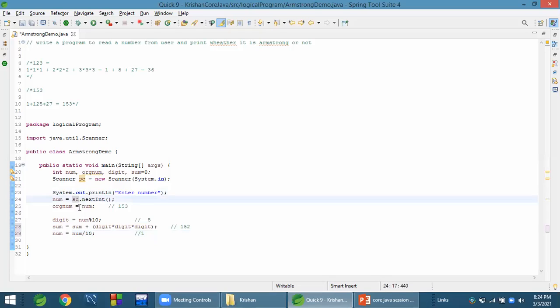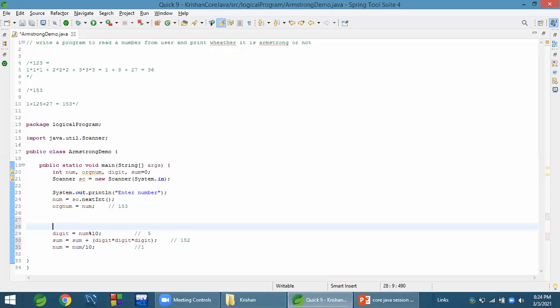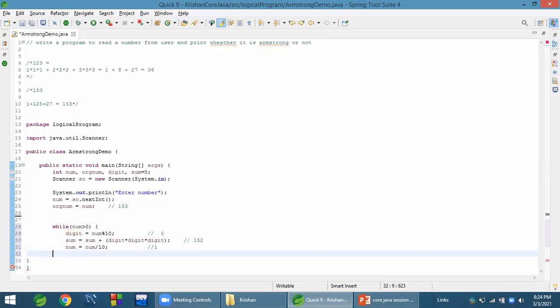It will go again here, but it should be a loop, right? Let's make it a loop. Continue this till the number is greater than 0, and give a tab here. Align it properly. Now the condition is true because num is 1 and it's greater than 0.